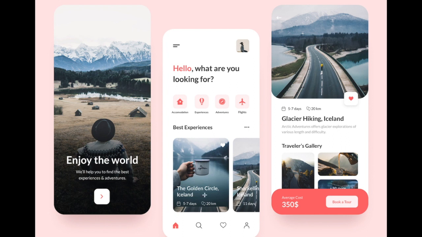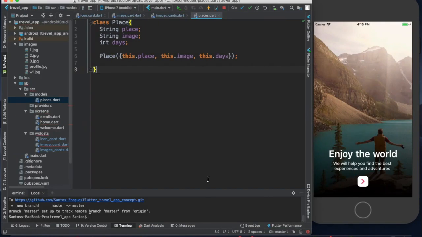We have the name of the place and the days. So here we have place, we have the image. Place would be the name of the place, the image, and the days of the tour on that particular place, right? And we created this class inside of our models